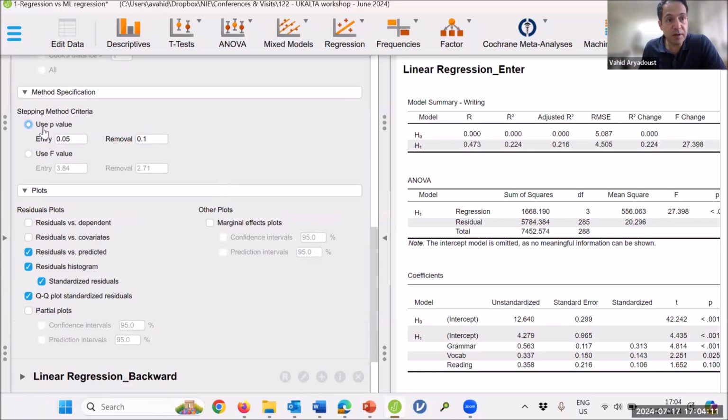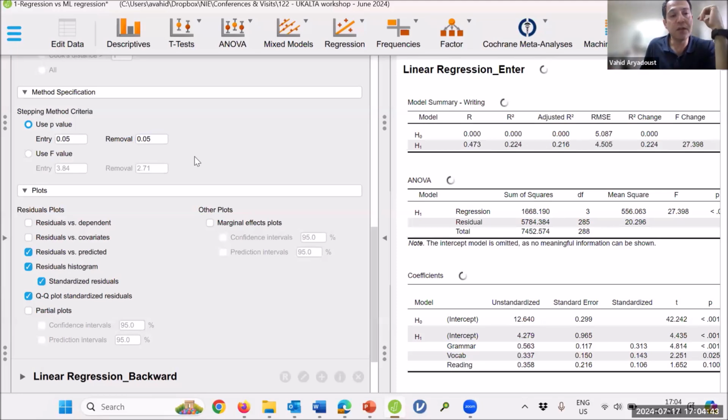You can set the p-value at 0.05. And if anything has a p-value smaller than, here the default is 0.1. I think this is not a very good default value. I would remove it and replace it with 0.05, which means that when you are doing the regression model,